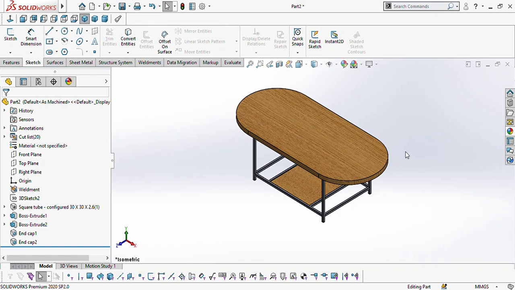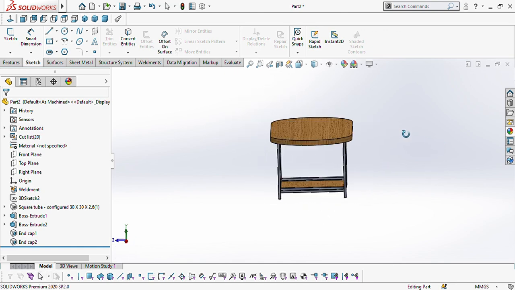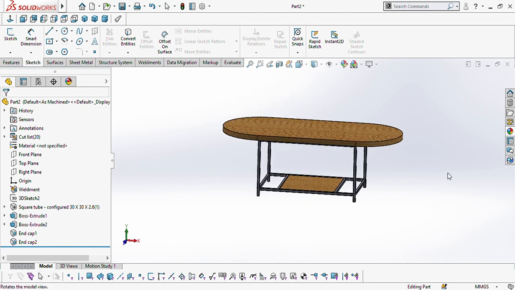Hello guys, today we are going to learn how to design this table by using SOLIDWORKS software. My name is Senjumba Tofins. Let's start. So open new